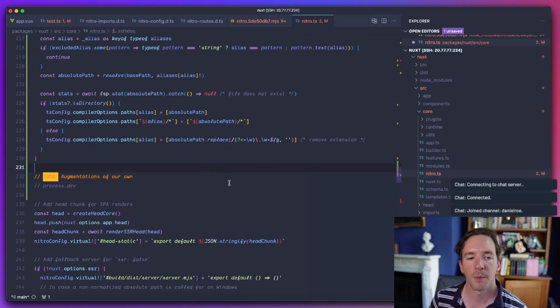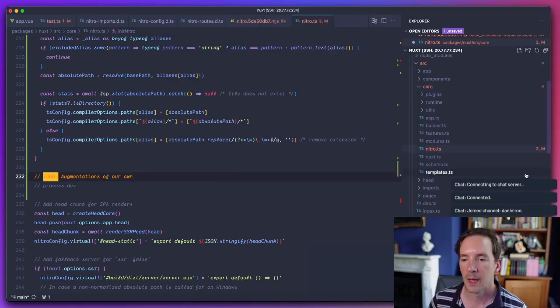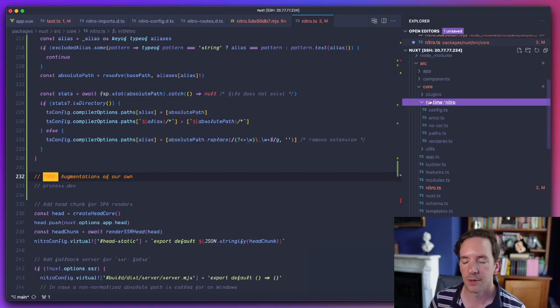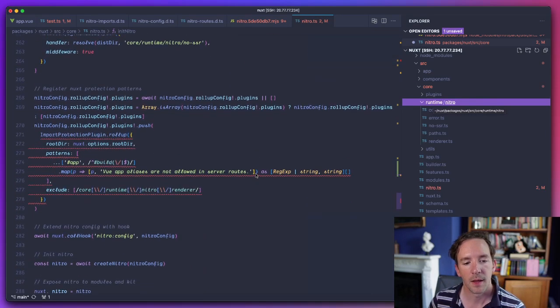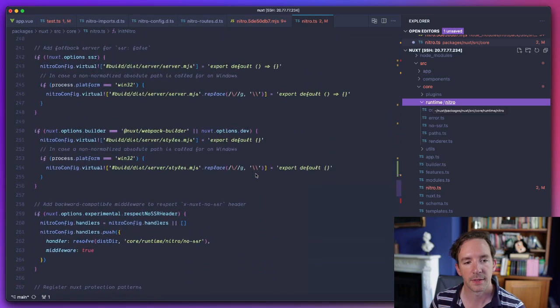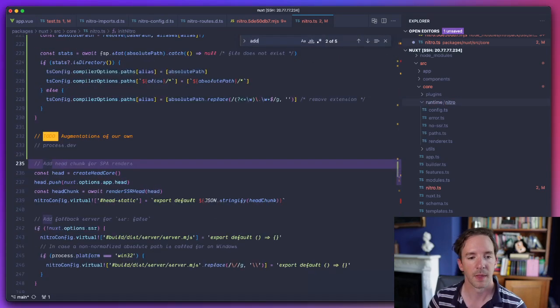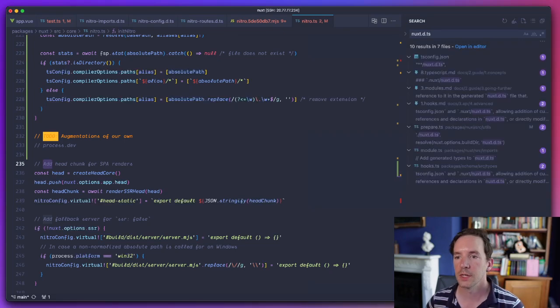So we're just having a look at adding augmentations of our own in our configuration, and probably the way we're going to have to do this is through adding something to the include. So I think we can probably create our own declaration, which we either generate or hard code. And I think it probably makes sense to generate rather than hard code it. It's going to give us more flexibility for that later. So in our project, we generate a nuxt.d.ts file,